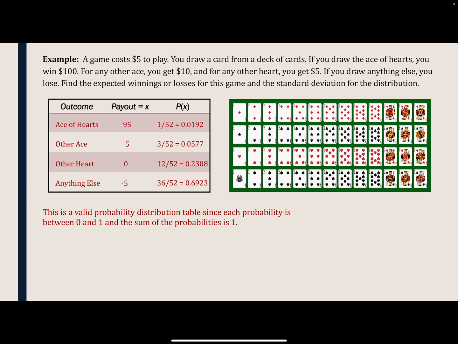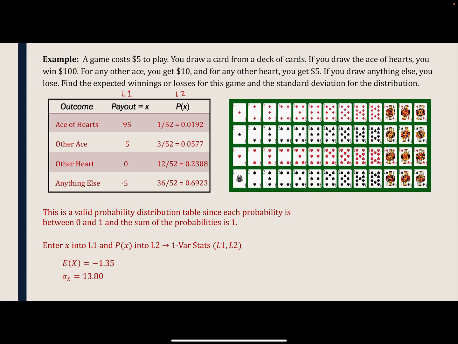Again, I want to find both the expected value and the standard deviation, so I'm going to use my calculator, and I'm going to put x into L1 and the probability into L2, and we're going to use L1 as the list and L2 as the frequency list with the one variable stats command. When we do that, we get an expected value of negative 1.35 and a standard deviation of 13.8, which means that overall, if we play this game a lot, we should expect to lose